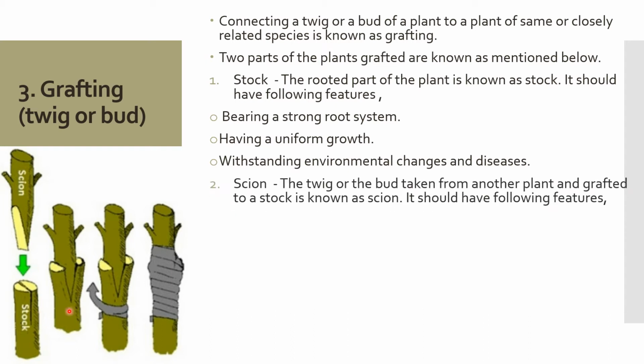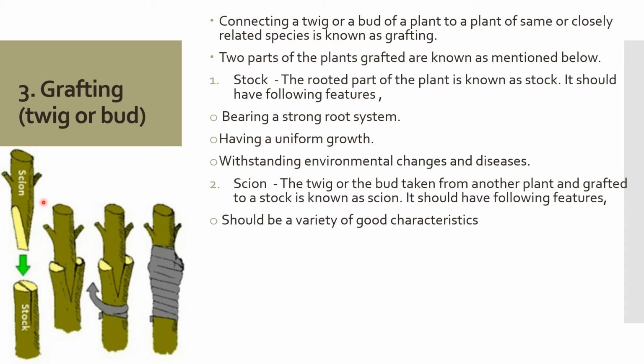And the other part is the scion, and this is the twig or the bud that we are taking from the other plant. So it is labeled here also. This is the plant part that we take from some other plant and that we are going to fix to the stalk. And even when selecting the scion, you have to consider these points. It should be a good variety with good characteristics. So here we are selecting a scion from a plant with good characteristics.